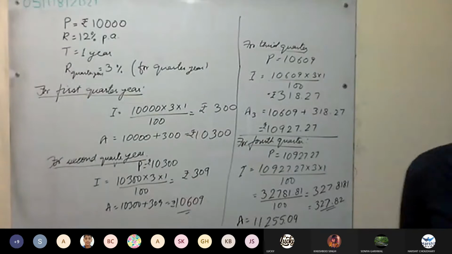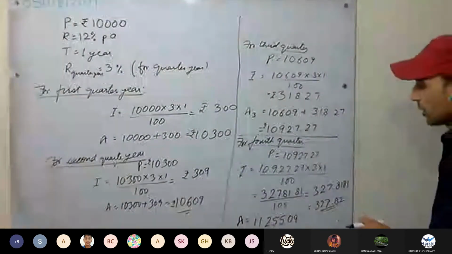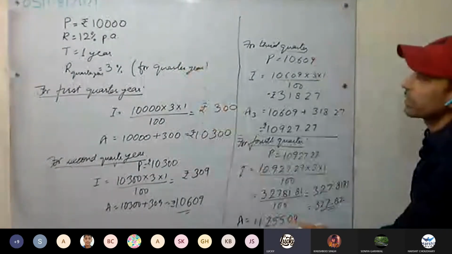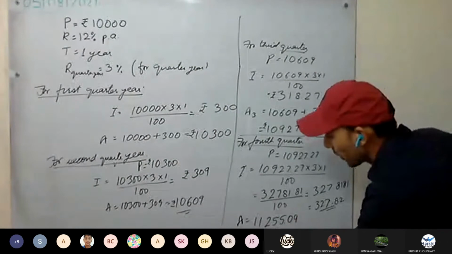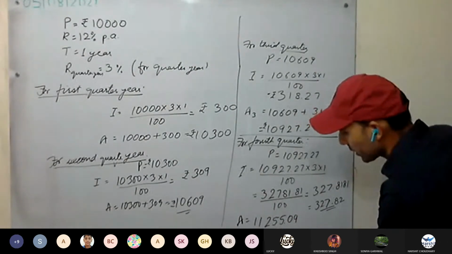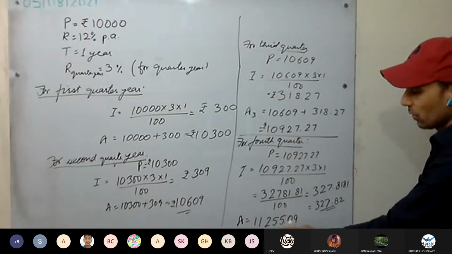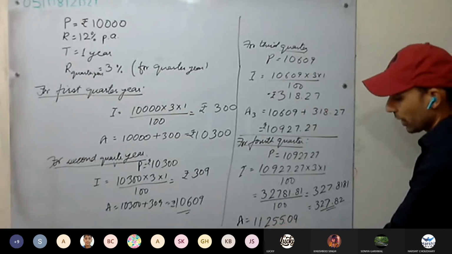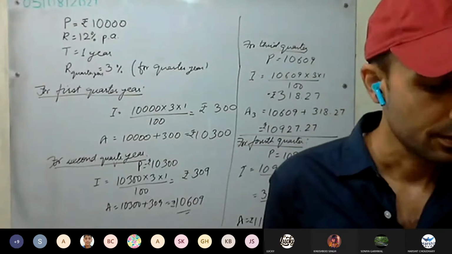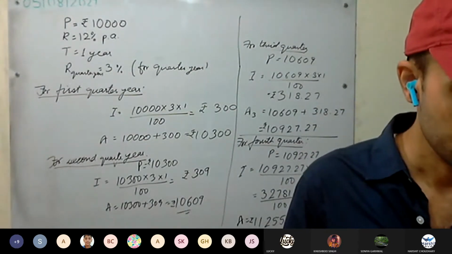What is the compound interest? You have to calculate the compound interest as well. So see here, from this, if we subtract 10,000, that is easier. So the compound interest equals how much? 1,255.09. Yes, 10,000 will be subtracted from this one. So 1,255.09 rupees at last. Is this clear? Okay, do the next one.